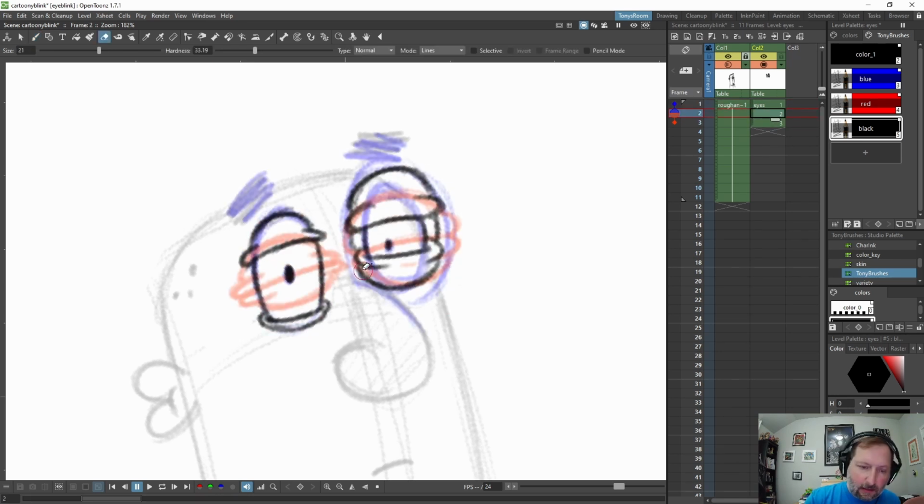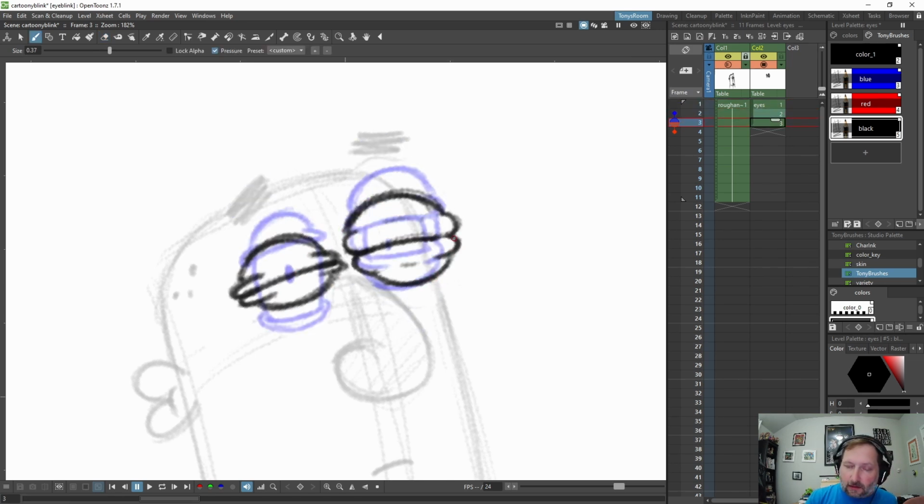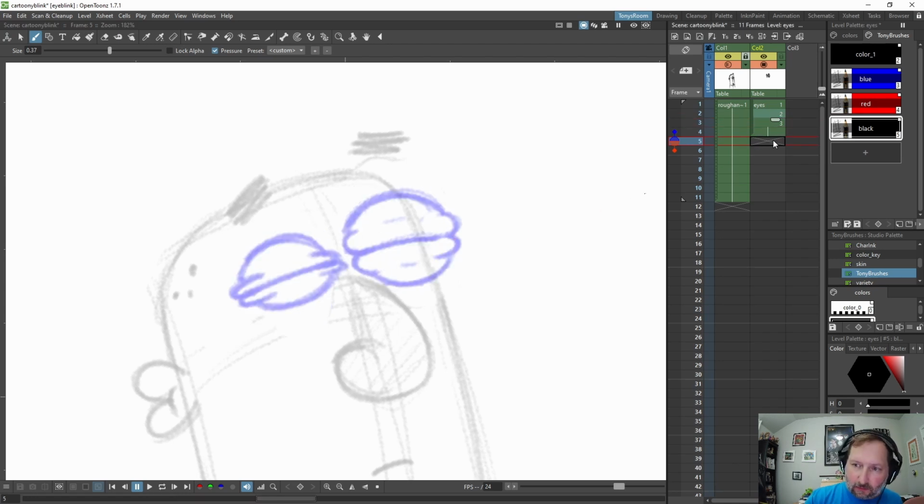Okay, and then they're going to close. So let's hold that drawing for 2 frames, and then when they start to open, so let's go to frame